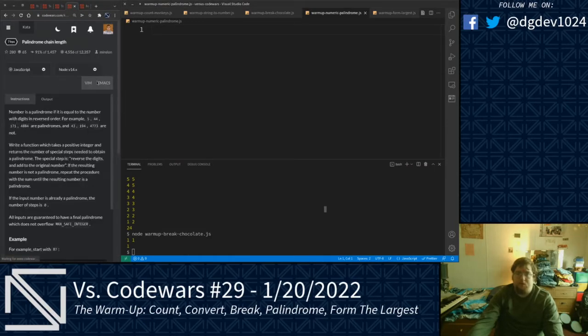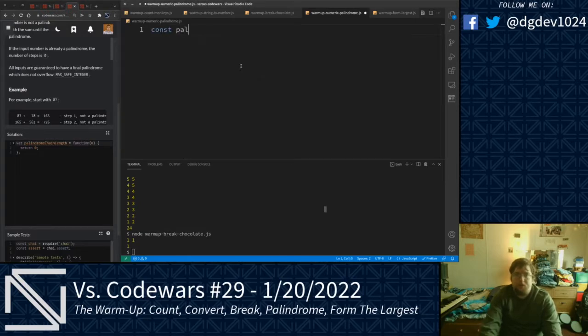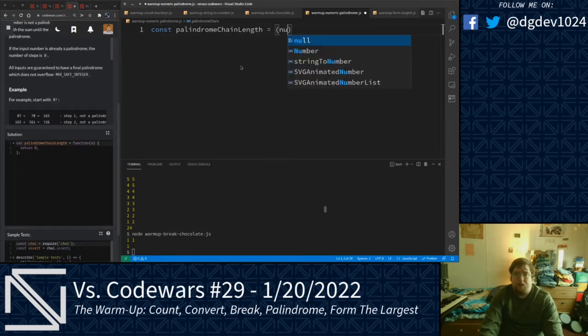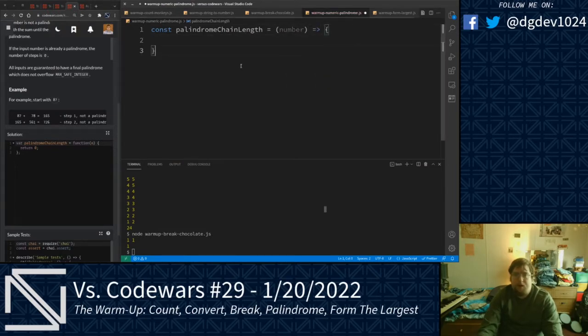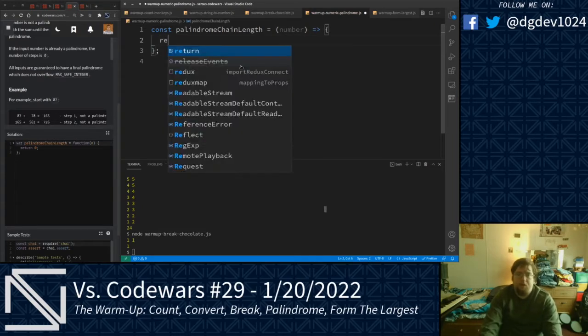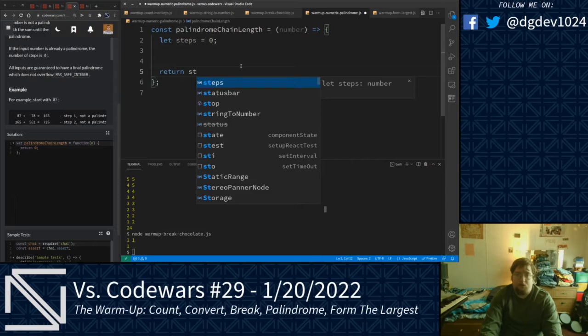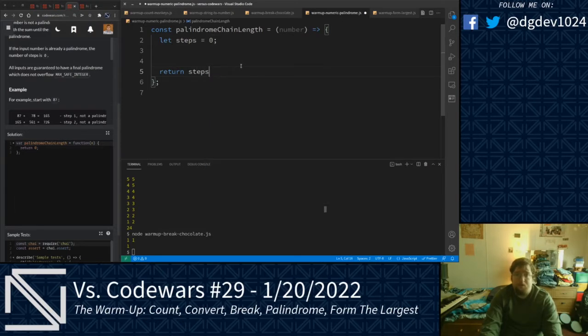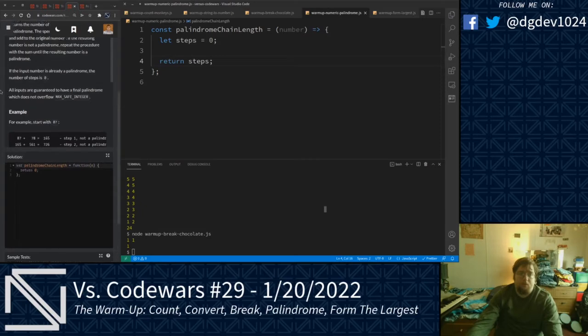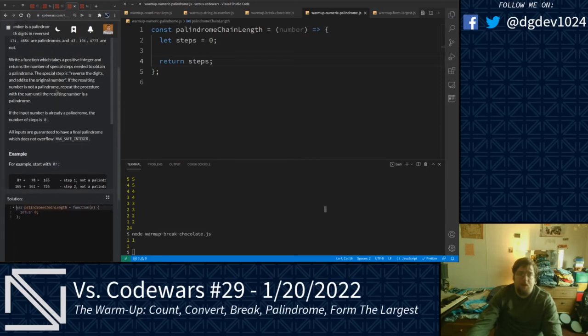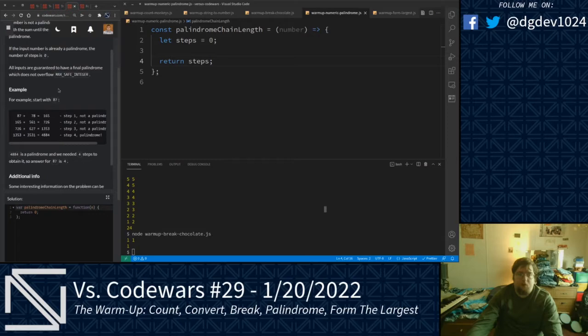Let's go ahead and give this one a try here. Const palindrome chain length. And we have our number as a parameter right here. Alright, we're going to go ahead and keep track of our steps here. And we're going to return the steps here, rather. Alright, we have to return the number of steps here. Alright, what we'll go ahead and do is